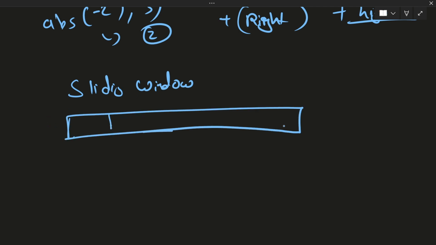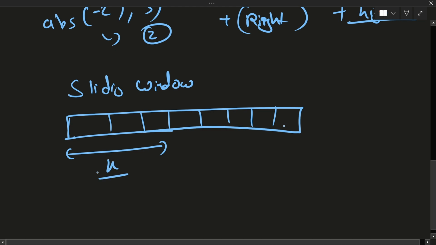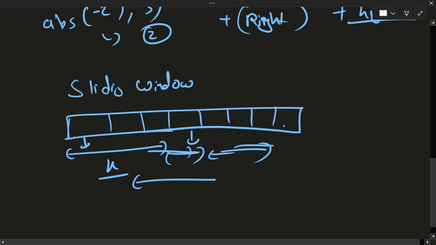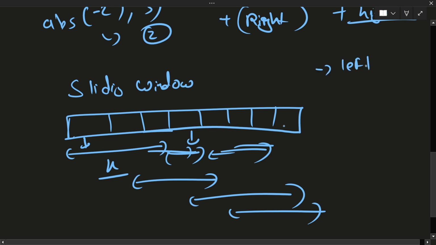As in the array we have discussed, as this array is sorted, now we will make a window of size K, and we will be removing this element and considering this element, right? And similarly we will keep on doing this for each K. Now this will be the new window, this will be the new window. And we need to consider only the leftmost value and the rightmost value,